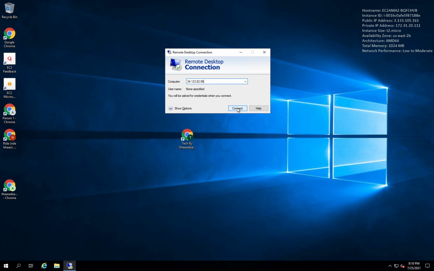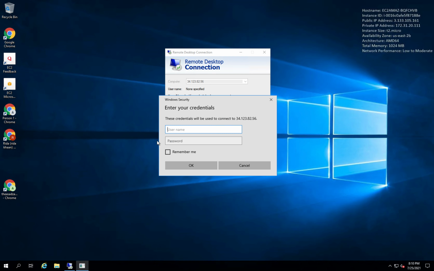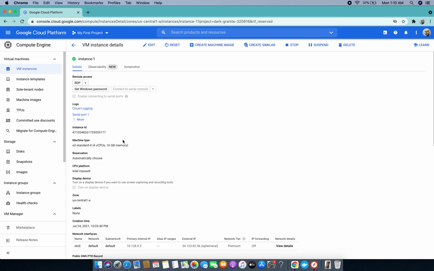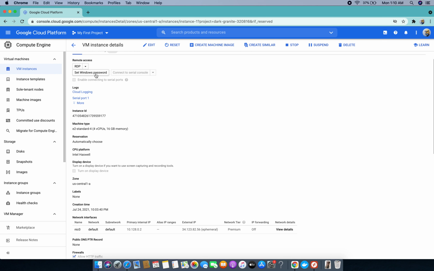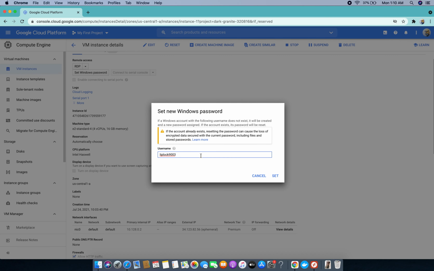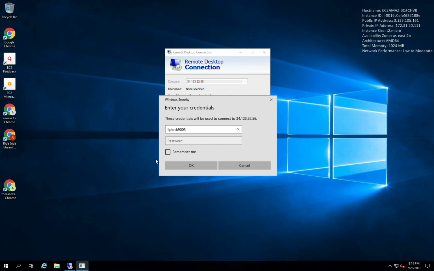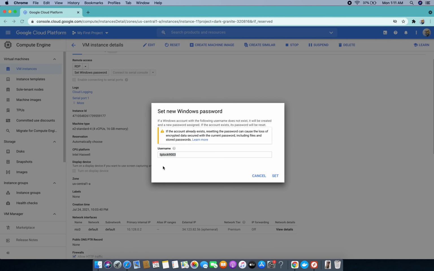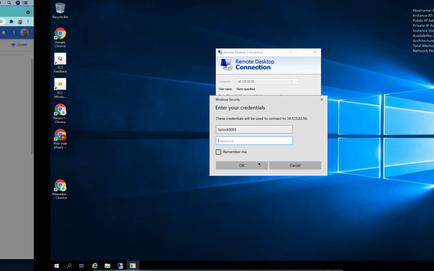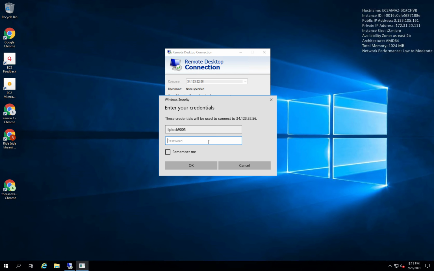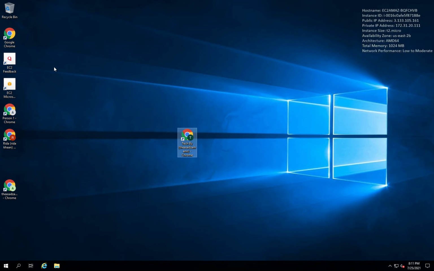Paste it right here, click on connect, and click on set Windows password. This is my username, and if you click on set, you will get your password. I am not resetting my password right now, but if you click on this, you will get your password. Then copy that and paste it right here, and click on OK. Then you will be connected to your RDP.